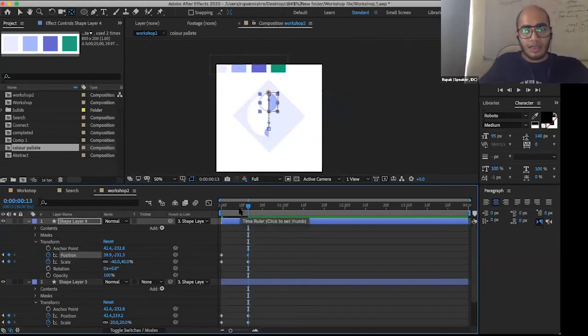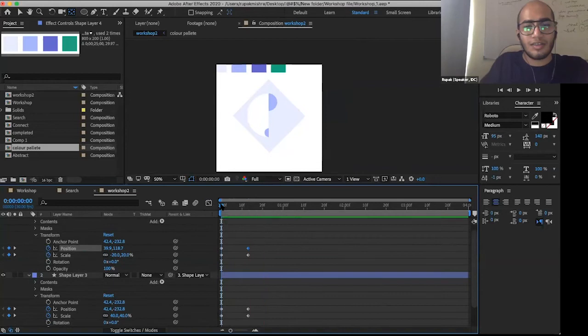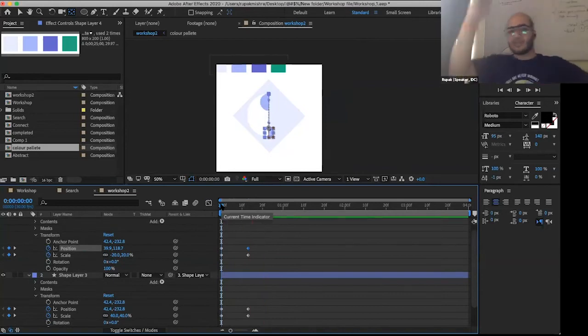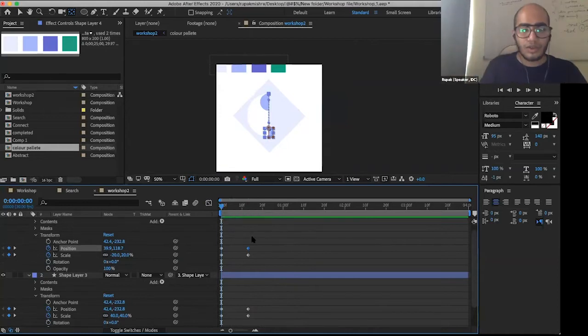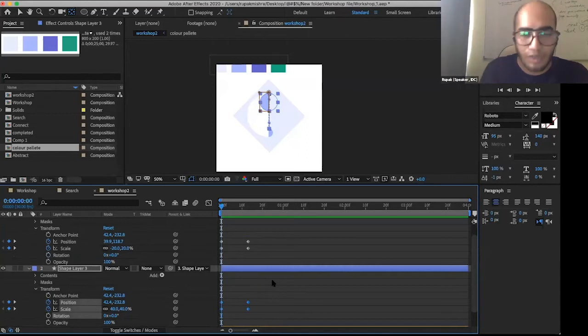So guys, now you can see how this interacts. One shape layer is coming down, one shape layer is going up, and at the same time the scale is increasing and decreasing. So now we want to ease and adjust the graph a little. We'll do it again one by one. We'll first go with the shape layer. Okay, we'll do one by one, otherwise it will be confusing.